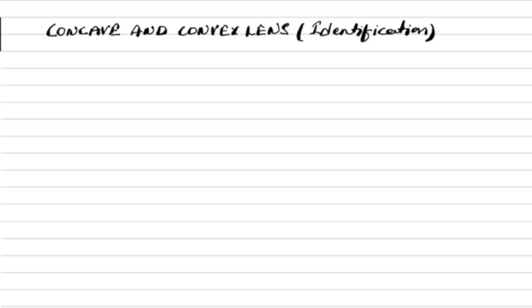I used to get confused because we already learned about convex and concave mirrors, and now we are coming into lenses. So there should be some common logic we can bind, so that we understand. If we understand mirrors, convex and concave, we are also able to understand lenses. So there is something common in that. So let's say if you know what a